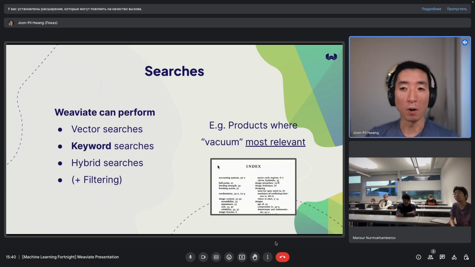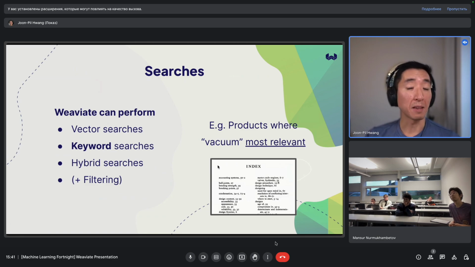If you think about the index at the back of a book, it's not telling you every page where those words appear, right? It's telling you where those concepts can be found. And a keyword search does something similar.